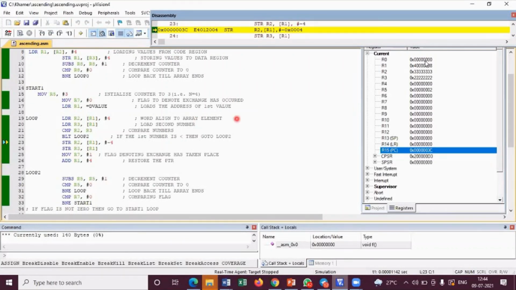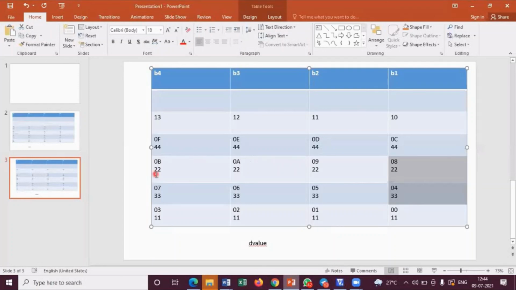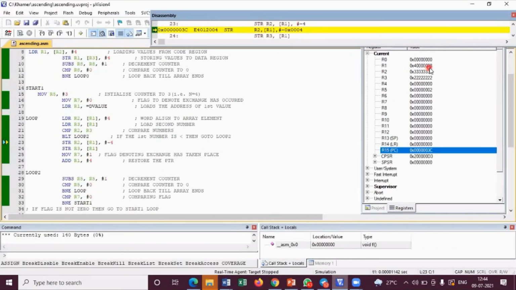Store. So whatever is there in the R2 register, please store in the address which is pointed by R1 and simultaneously decrease the R1 address. Okay, so over here, R2 is having what? 33 data, go to 08. So R2 is having 33 data, now it should go to the 08 address. This is my 08 address, right? See, R1 is pointing to 08 address. So 33 data has to go to